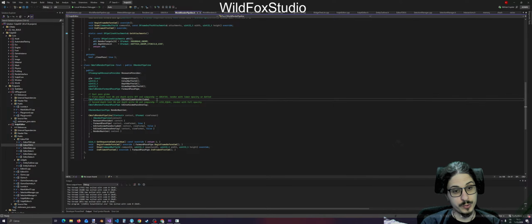So I would like to use the same method, or maybe the same render path, to draw the same mesh on top of the selected one with a bright color, and let the depth test